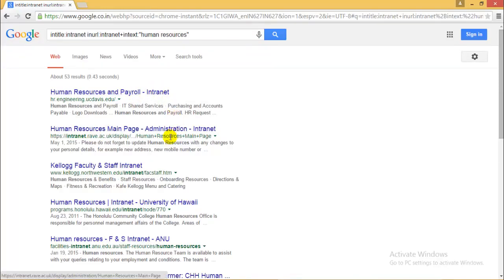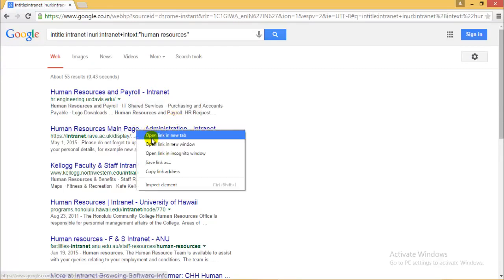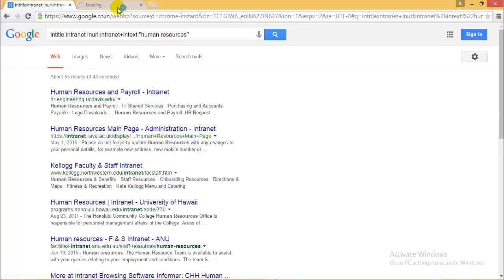These are the intranets for those companies, and normally we should not be able to access this, but maybe they have not used their firewall properly, and that is why I can go ahead and access their specific information.